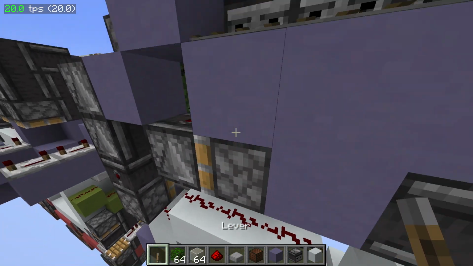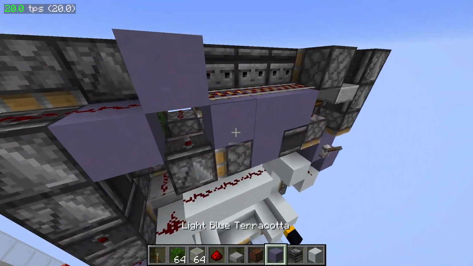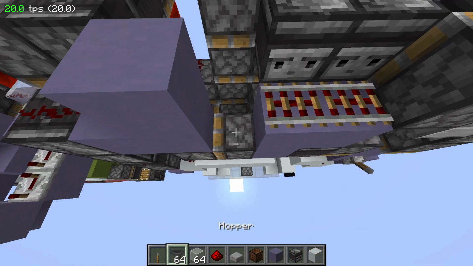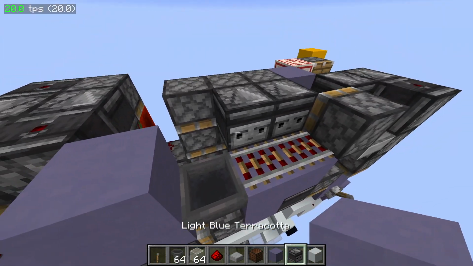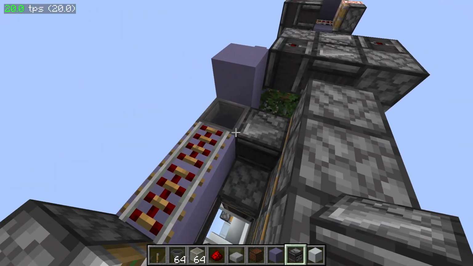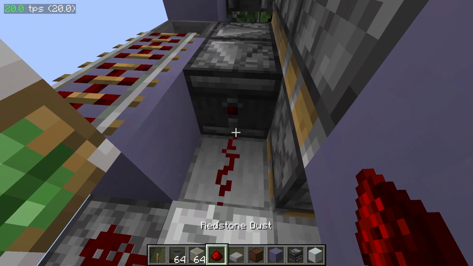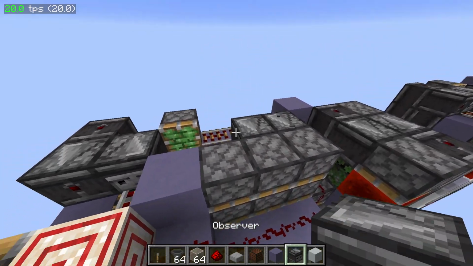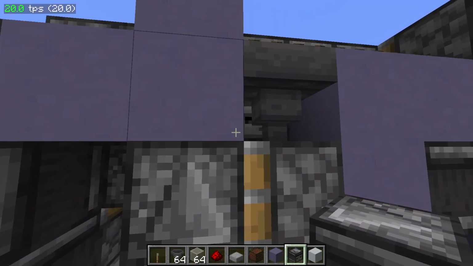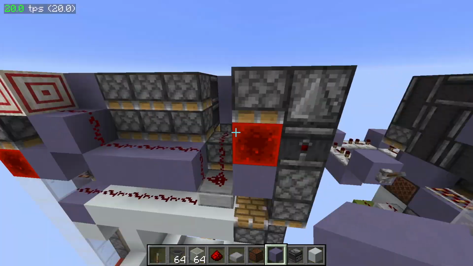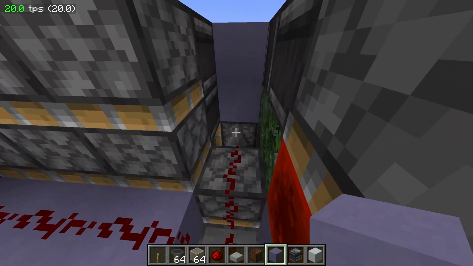But anyway, so now for the retraction, the first thing we're going to be doing is taking this out, because when this thing retracts, we're going to use this to power a hopper. We're going to be powering this. This is a bit of a roundabout way to do it, but it's really the only way in the space that we have. Powering it like this. And that's why that derp of the piston is there, is because we have that observer running into the stack,